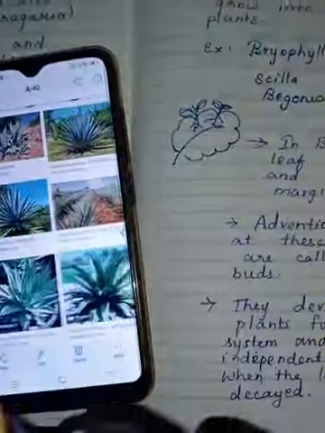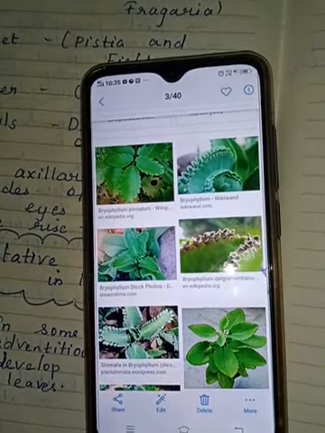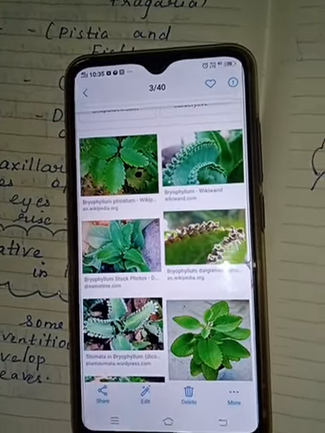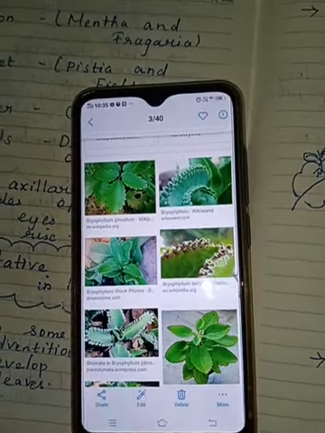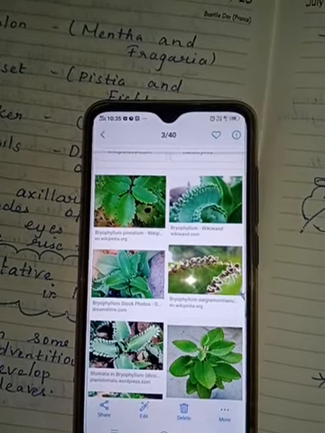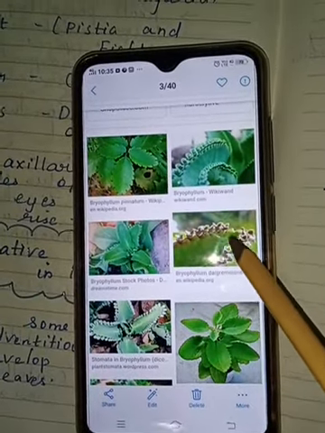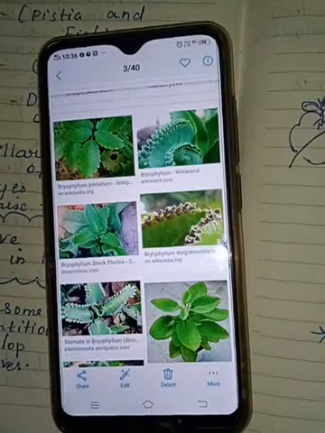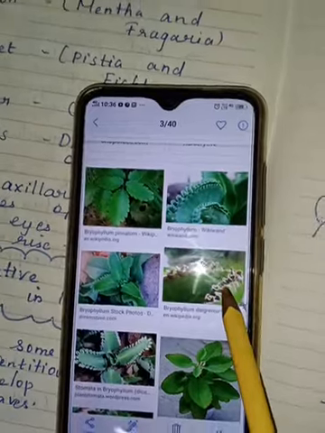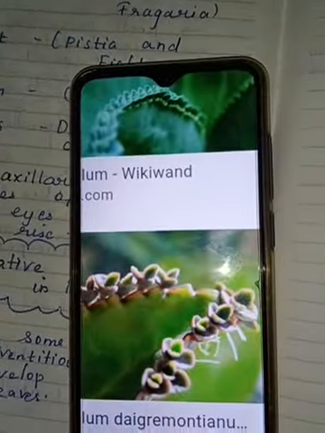So in Bryophyllum the leaf is succulent. We have touched aloe vera, right? It is very mucilaginous inside and very hard outside. That one is a succulent nature. Okay. In Bryophyllum, the leaf is succulent and notched on its margin. Adventitious buds at the notch are called what? Epiphyllous buds. This one is called as a epiphyllous bud.